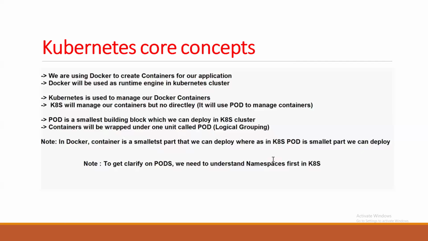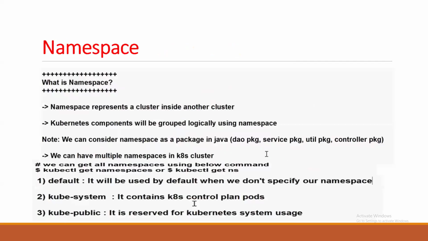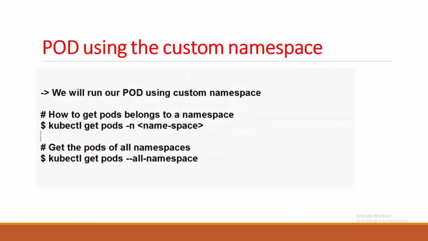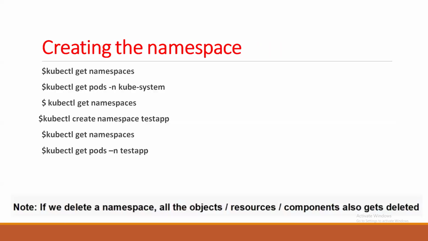So to get clarity: in Docker, the container is the smallest part we can deploy, whereas in Kubernetes, the pod is the smallest part we can deploy. Now, to get clarity on pods, we need to understand the namespace first in Kubernetes. Right, guys, I will show you the namespace, no worries. So how you can create the